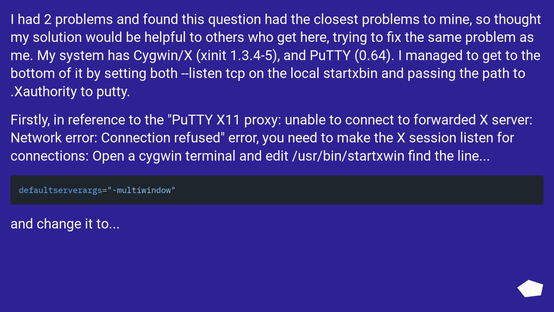Firstly, in reference to the PuTTY X11 proxy: unable to connect to forwarded X server: network error: connection refused error, you need to make the X session listen for connections. Open an xwin terminal and edit /usr/bin/startxwin. Find the line and change it to